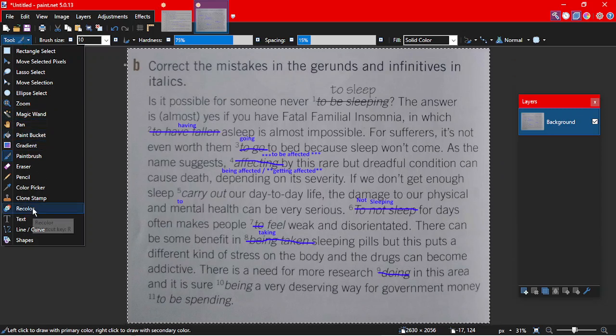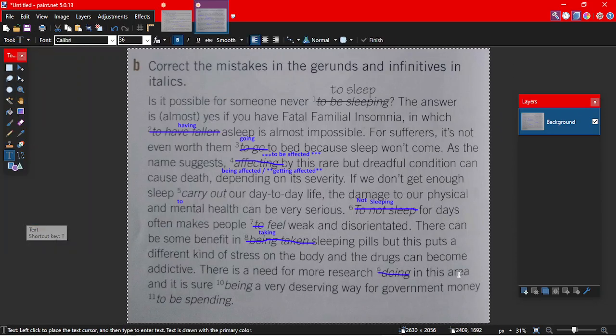Okay, there is a need for more research to do in this area, and is it sure? Very, very close. I think it's to be done. Hay falta mucha investigación para ser hecha. It could be to do, maybe. Wait, there's a need for more research to do. I think it's to be done because it's like, yeah, I don't know how to explain it, but it's to be done.